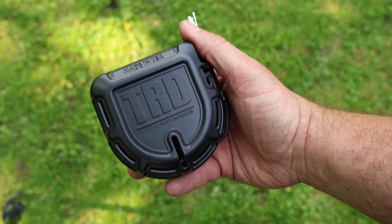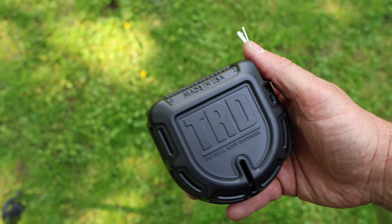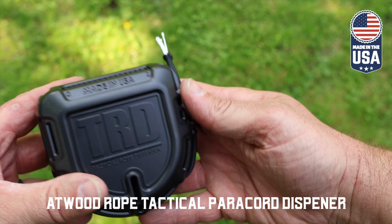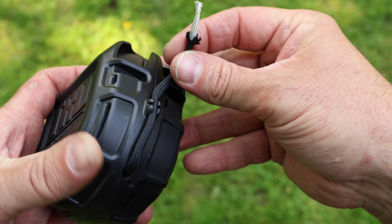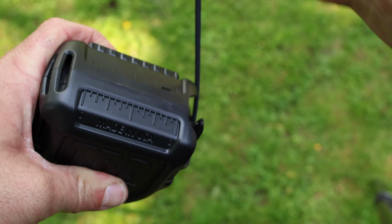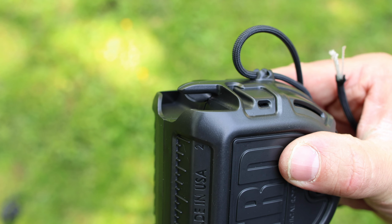Now, whether you spend any time in the outdoors or you just need something in your truck to be able to tie things down, this is a tactical rope dispenser by Atwood Rope, made in USA, of course. And it's actually got a roll of paracord inside, and it attaches on the side here, but you can actually come up and around. Right here you can actually see that there's a blade right in there,